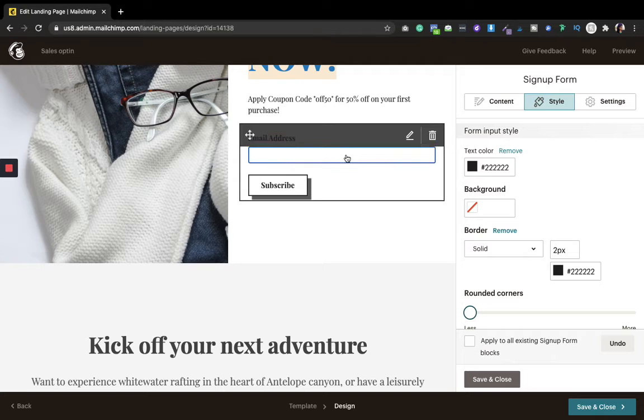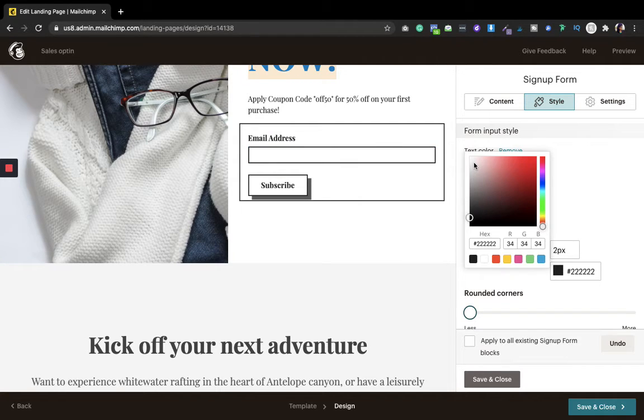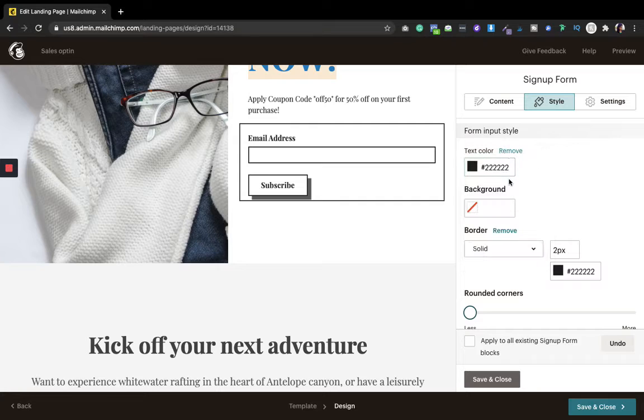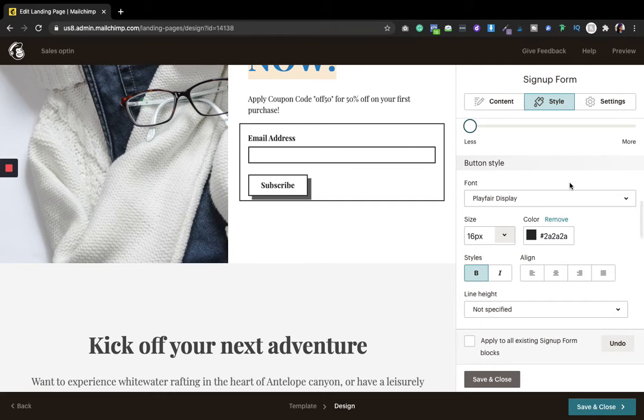For example, if I type anything, it will come in black color. If you have a black background over here and you want people to type in, and you keep your text color black, it will not show up, right? So you have to change it to white. This is a very small but very important aesthetic that you have to take care of. This is how you have to work on it.